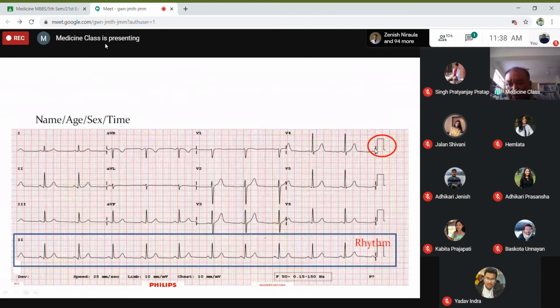Suppose this is 5 and the amplitude here is 1, 2, 3, meaning 30. But if this is 5, then you should multiply this by 2 also. So the actual amplitude would have been 6, because it's very large and cannot be traced in a graph. It has been done in half calibration. So to calculate the amplitude, you should first of all see